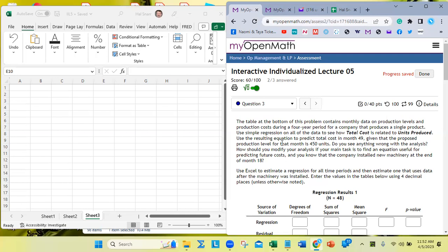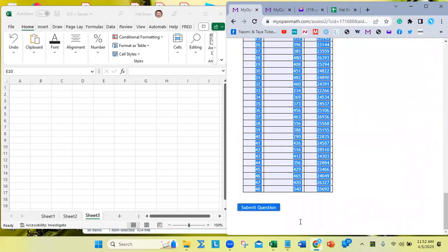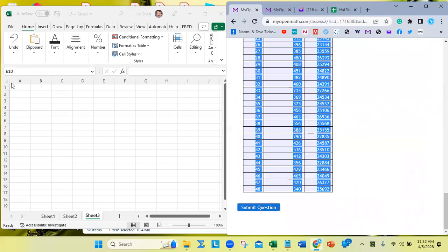At the end of month 18, right? So let's copy the data into Excel. Go to the bottom of the model of the problem. When you copy data into Excel, what do you do? You grab the S from submit, you right click on the blue, copy, and then you come over here to